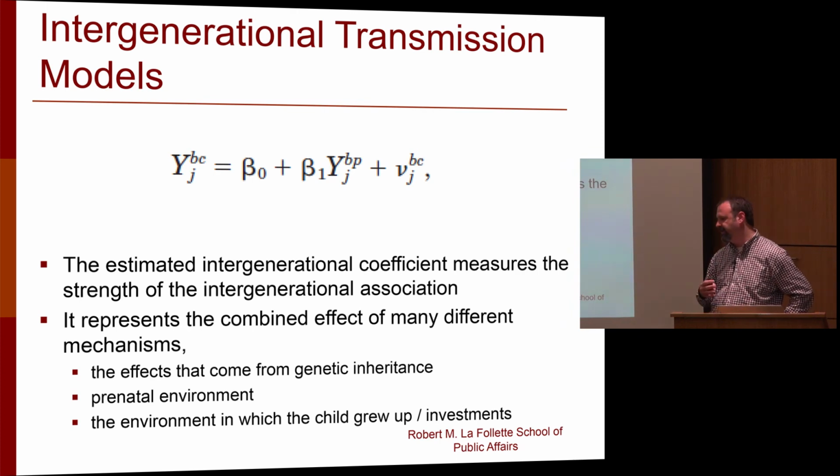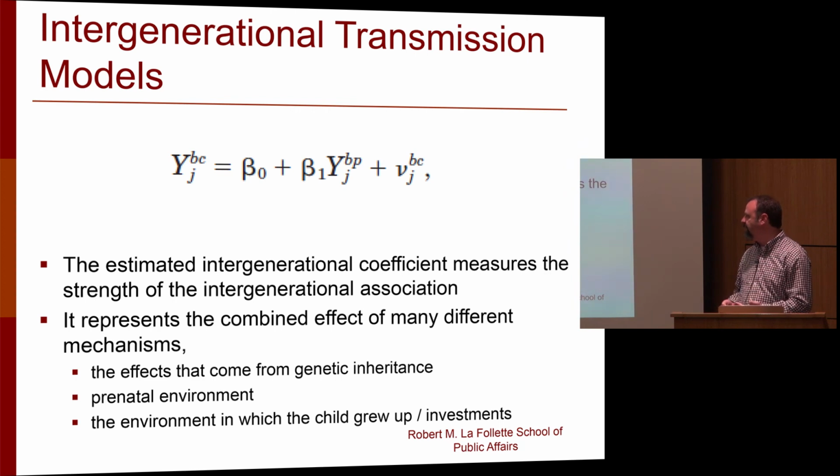and there are comparisons made across countries, across states within a country, across time, and so on. But they're of this typical flavor where you're trying to link children with their parents' outcomes. And then the question is, when you have a strong link, what are the ways that you might interpret it? And so I've listed a few here, but